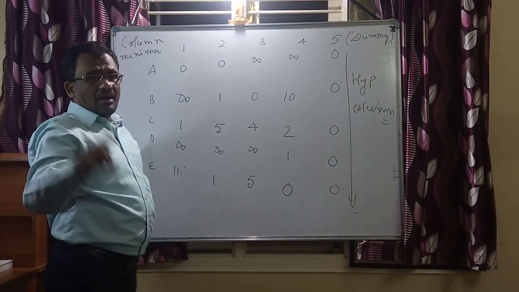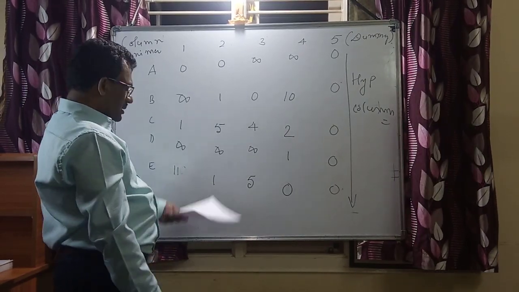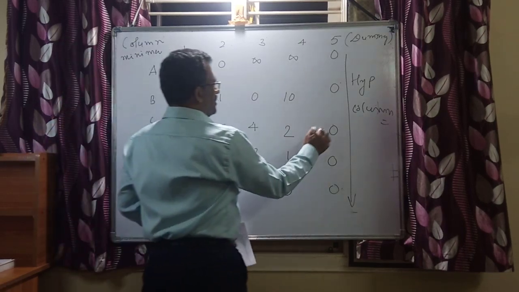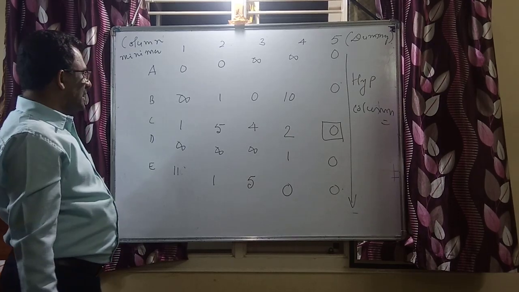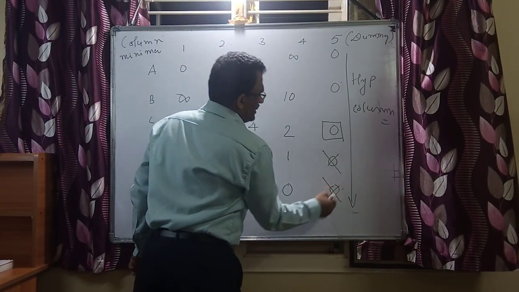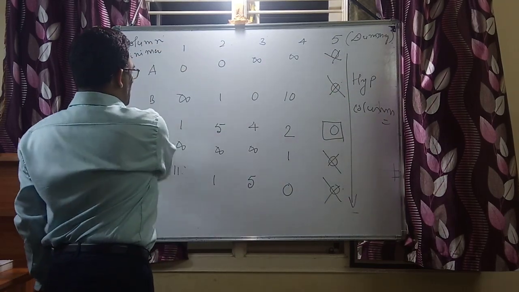Or I can say, identify that particular row having one single 0. Now if you see this single 0, look at this third row. This is what exactly I mean to say. One 0 is there. Now I'm going to discard the zeros in that particular column as well as in that particular row, if any.